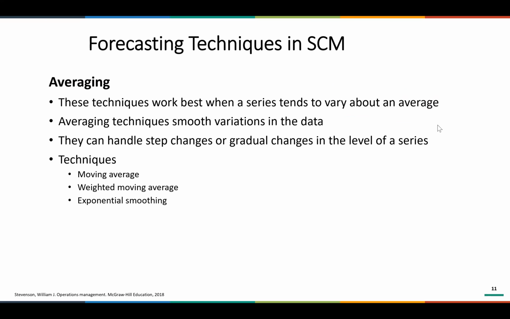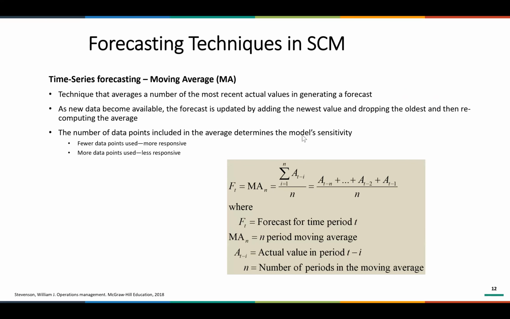The first one is the moving average, which means that you are using the last n periods, where n is the number of periods that you're going to use